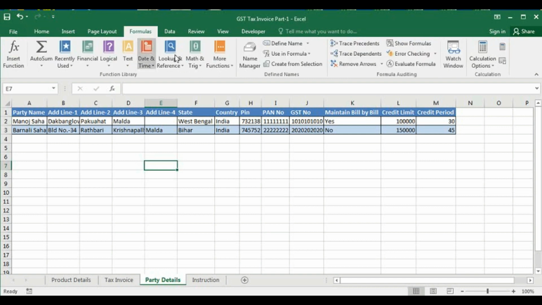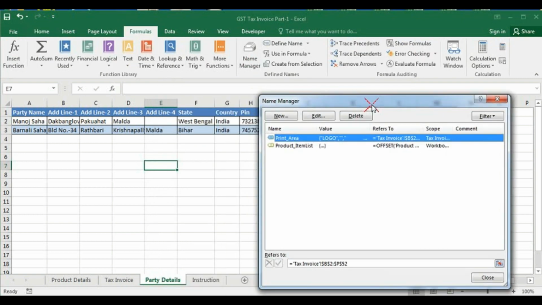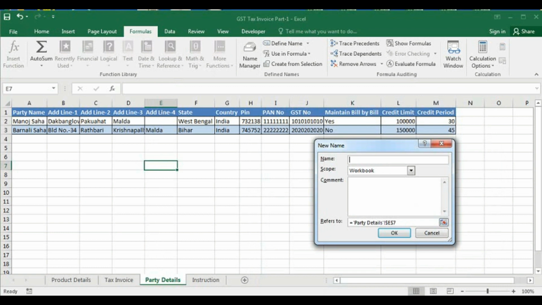So go to formula, name manager, then new, name, party name, equal to OFFSET. OFFSET is the formula with which you can make a dynamic range. So here I have to put the first cell of the column, then comma.